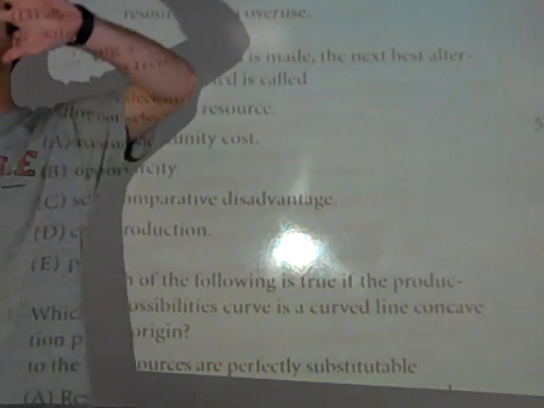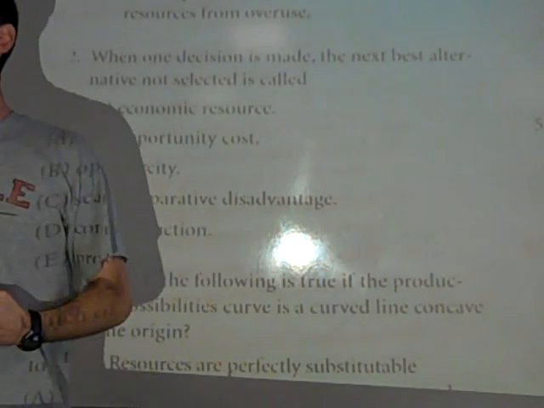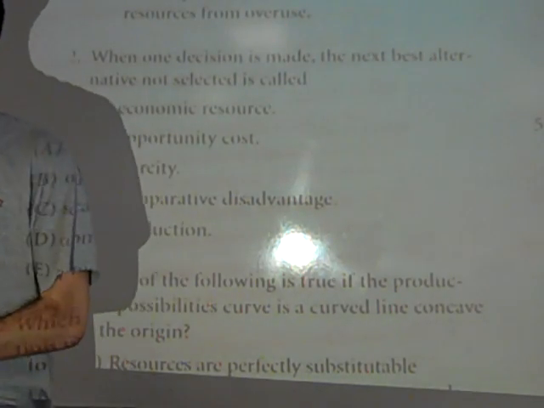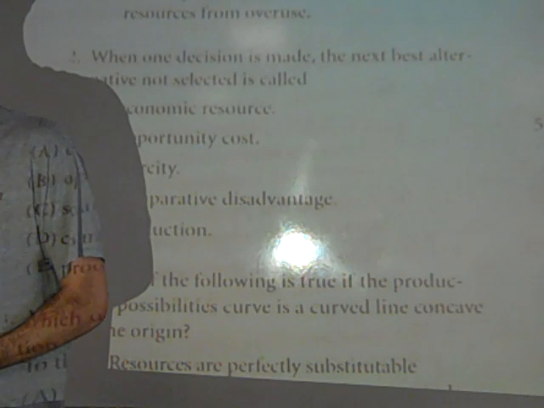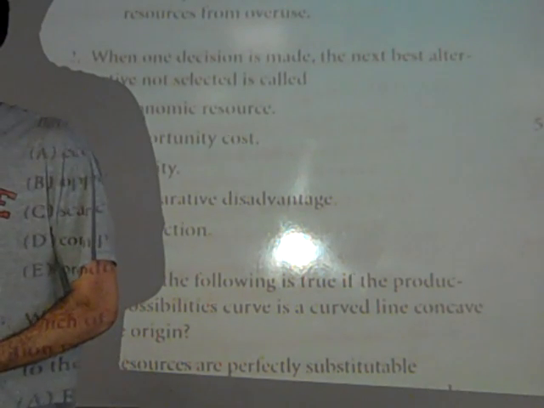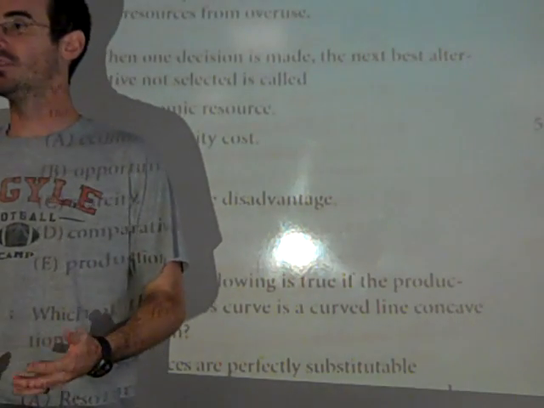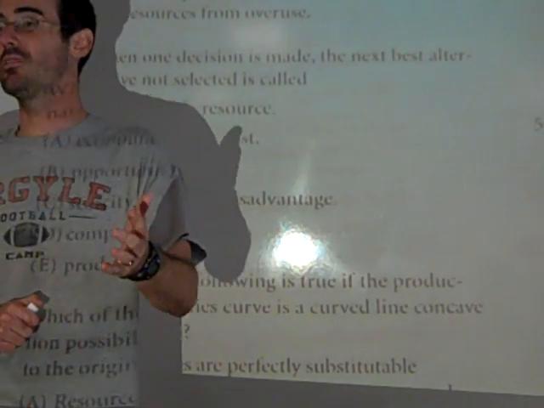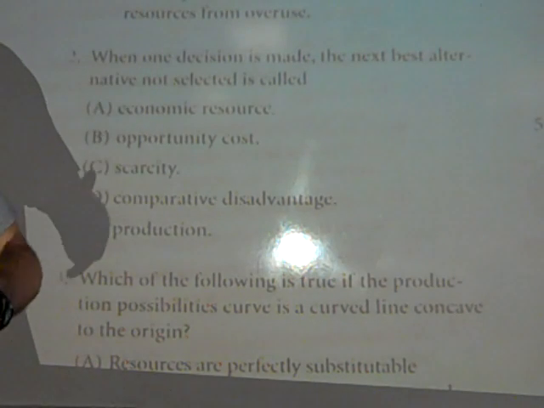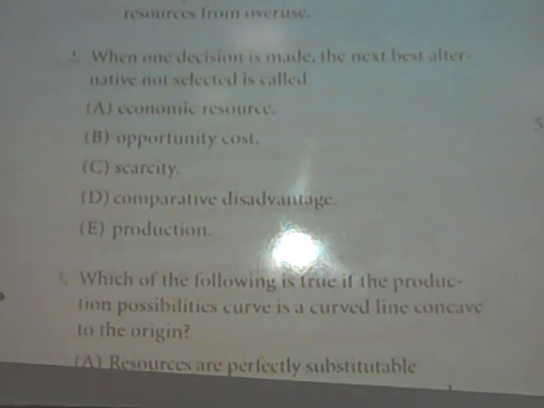For a society, for an economy, it has to do with production. If you choose to make a tank to help you fight wars, what was your next best option, what you could have produced instead? Maybe your opportunity cost was a car that one of your people can drive around and use to run a business. Or you could have built a highway or something. Alright, so when one decision is made, the next best alternative is called opportunity cost.